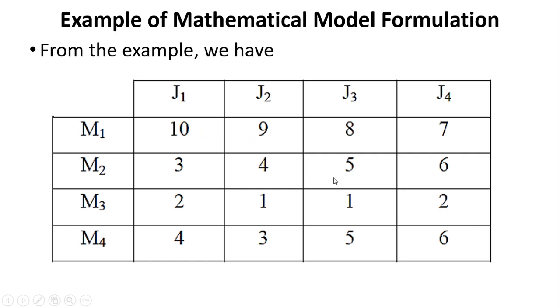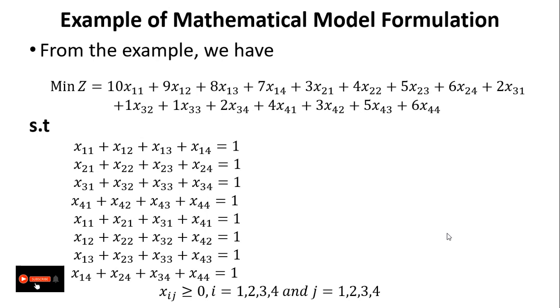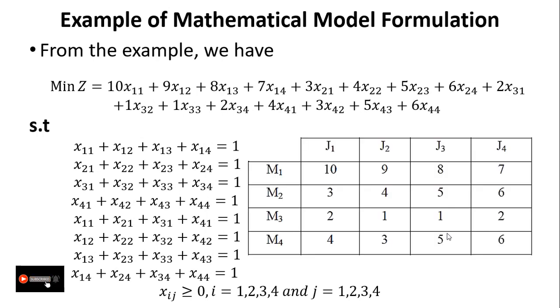x12, adding row wise until you reach plus 6 times the x44. So doing that, we are going to have this kind of model from this table. So you can see the minimization function here is the sum of the product between this cost and the assignment at this particular position, up to this last cell, such that the